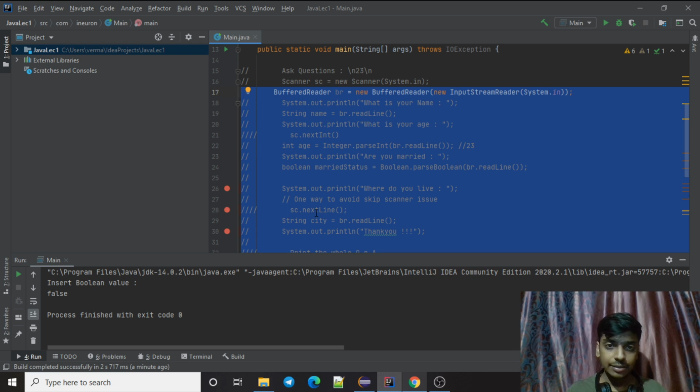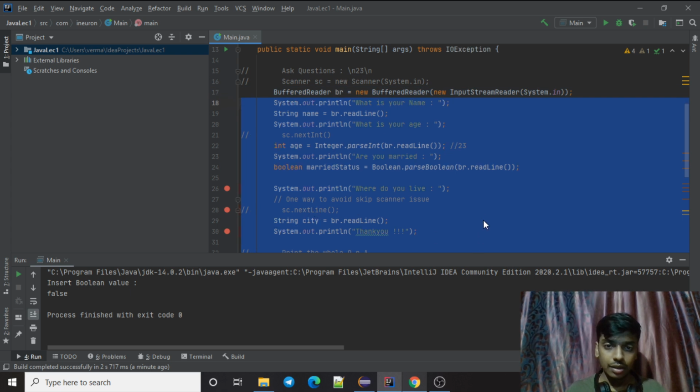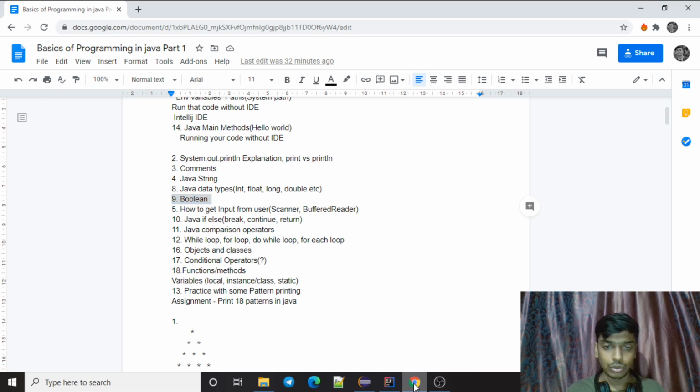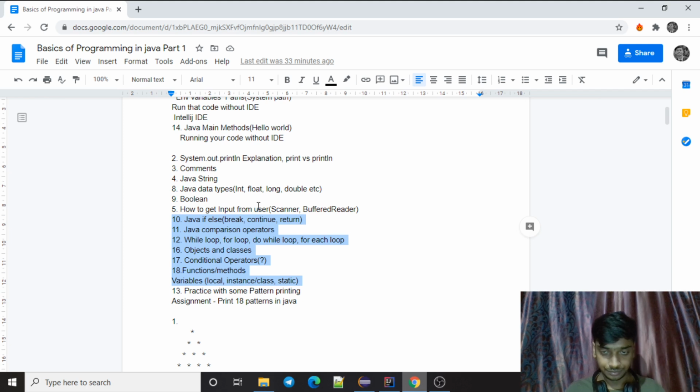So that has been a lot about the scanner and buffer reader. Now let's go a little more ahead into this and let's discuss some logical operators like if else, loops, comparison operators, and other things.